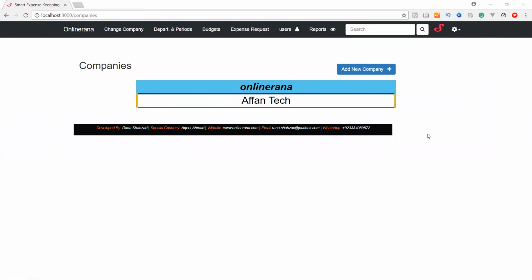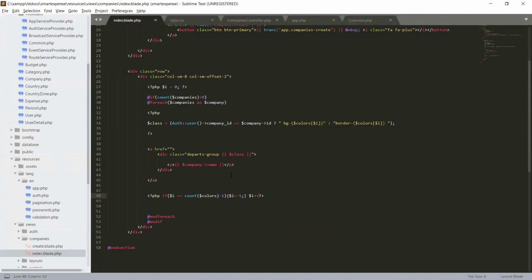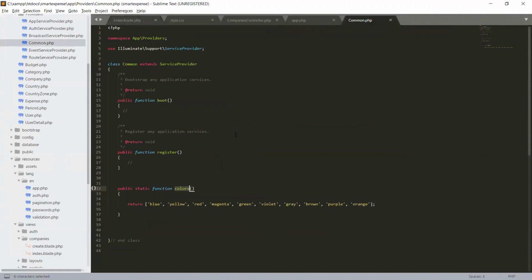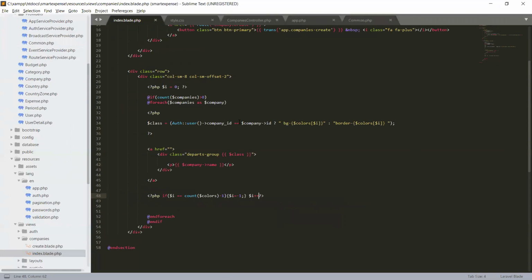Okay, so what is it? We have an array in a common file with 1, 2, 3, 4, 5, 6, 7, 8, 9, 10, and indexes 0 to 9. So when the index of colors is reached, it will count, and it will subtract 1 from the colors index, and also set I equal to -1. So when it goes to -1, I will become -1, and we will increment the I as well.